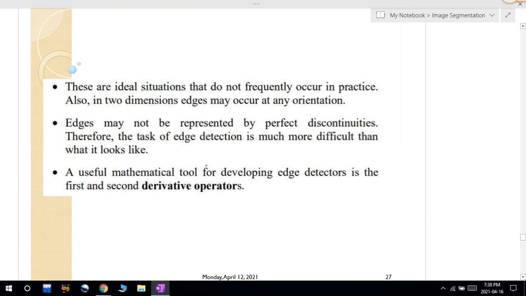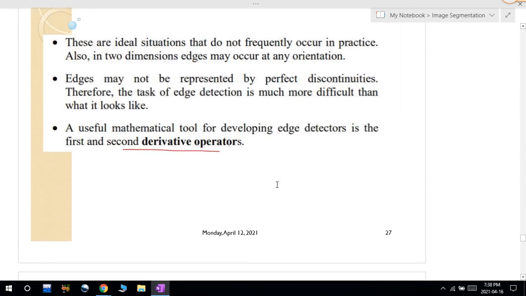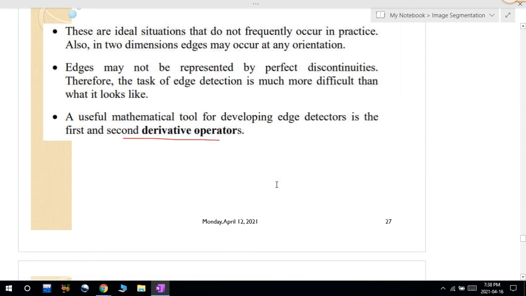So the meaning of this is that the edge detection process is not that easy. Depending upon the particular application, we will apply a particular operator or mask suited to that detection. We will use mathematical tools for developing edge detectors, the first and second derivative operators. The most commonly used mathematical tool for detecting edges is nothing but edge points. One of the important concepts within the edge detection process is detecting those edge points.